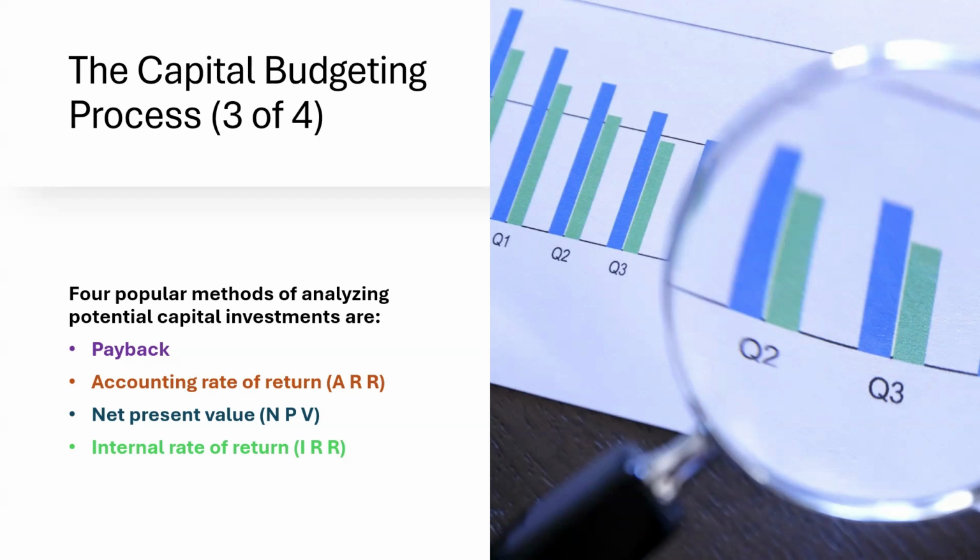I want you to know that capital budgeting is not an exact science. Although the calculations required by these methods may seem precise, they are based on estimates, predictions about an uncertain future. Now, these estimates must account for many unknown factors such as changing consumer preferences, competition, economic conditions, and government regulations. Consequently, long-term decisions are inherently riskier than short-term decisions.